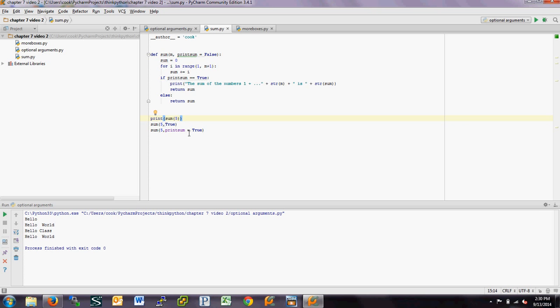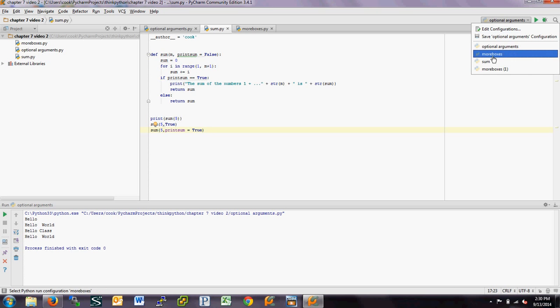In the last case, it turns out you can name your parameters. So in this case, we're going to say specifically that we want print sum equal to true, which is not quite as important here because there's only 2 parameters, 5 and print sum. But if you have more than one parameter, then naming them can be important, and we'll see that in our next example, more boxes. But you can name, say, we want print sum equal to true, and this is actually a preferred method by many programmers. So let's run sum